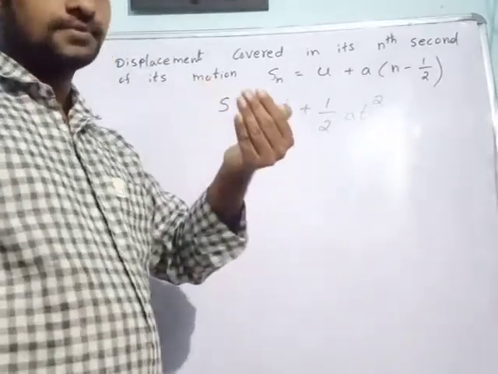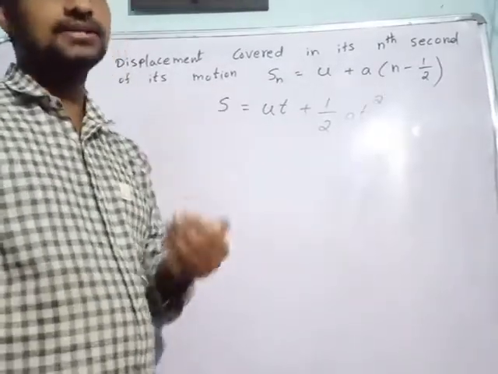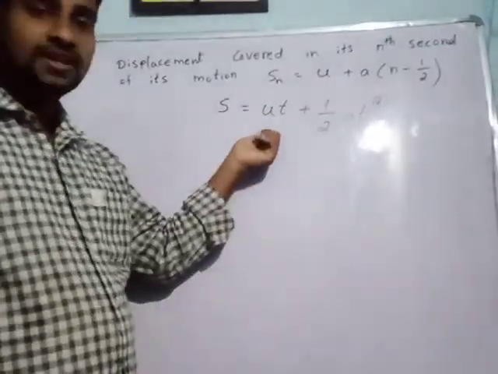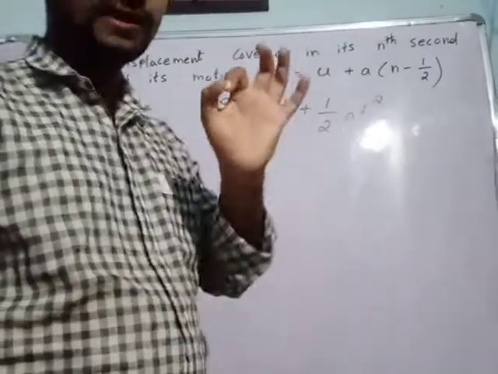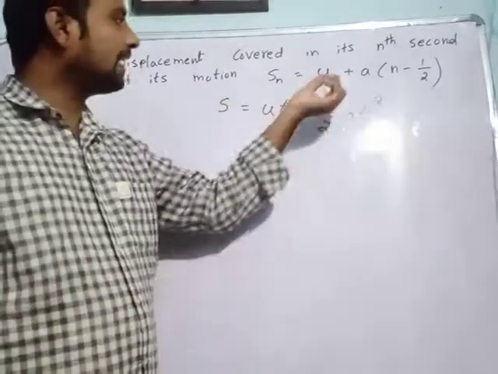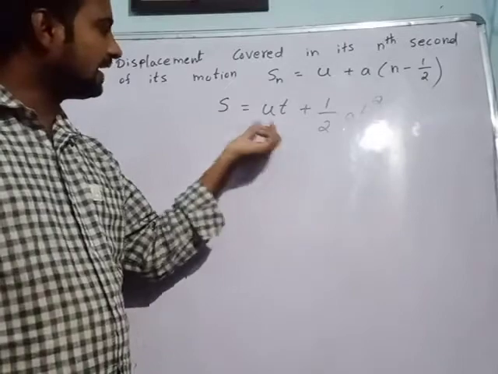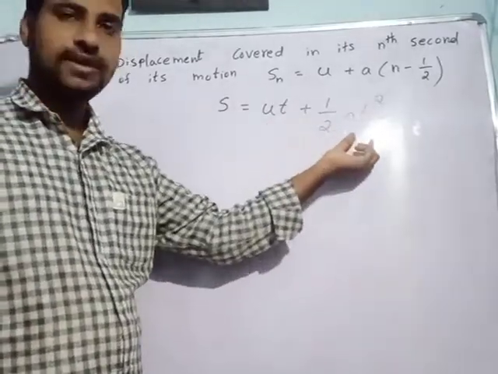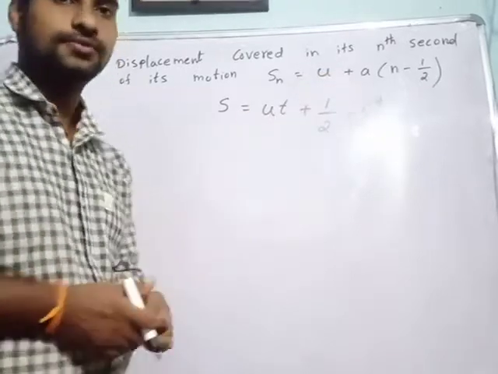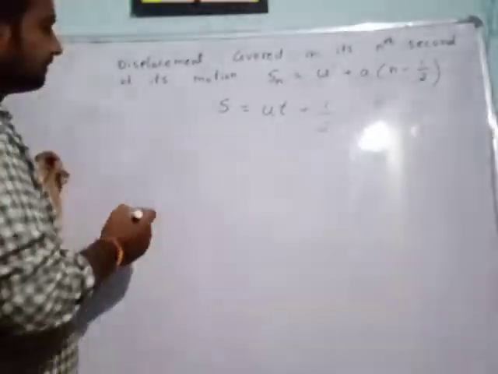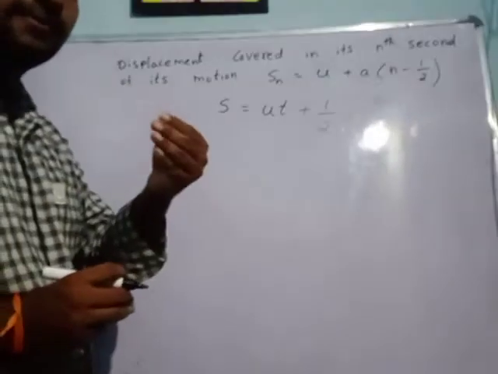After t time, simply after 20 seconds, after 40 seconds, the displacement can be found by using this formula. But for a particular time, 4th second or 20th second, 25th second, we use this formula to derive the equation. So first of all, take for example the nth second. What is the displacement of the nth second?